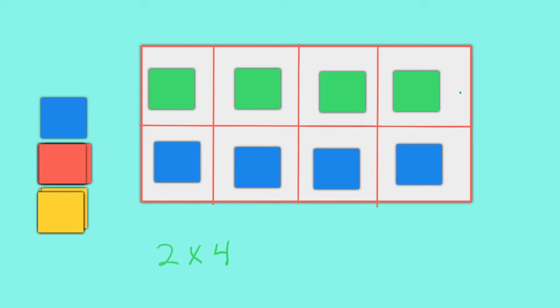And let's go ahead and count how many tiles we have all together. We have 1, 2, 3, 4, 5, 6, 7, 8. We have 8 tiles in this 2 by 4 array. We could also just say 2 times 4 equals